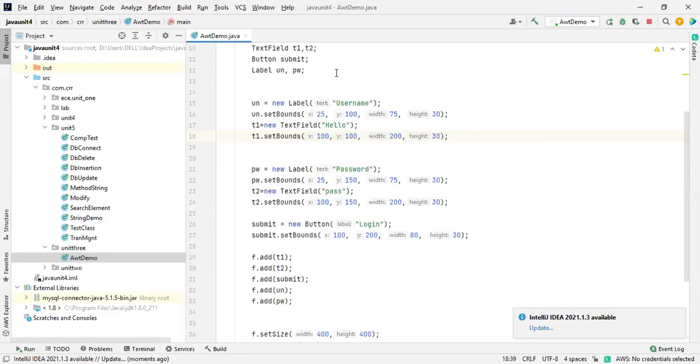Now we are going for one more topic. Check boxes and radio buttons. What is a checkbox? There will be a tick mark inside the checkbox.